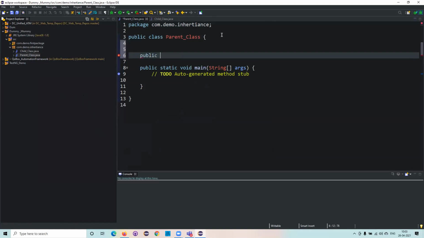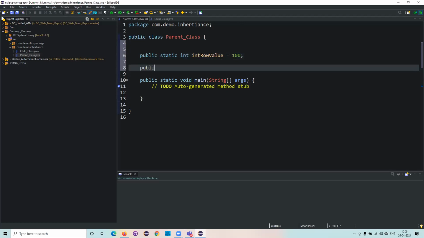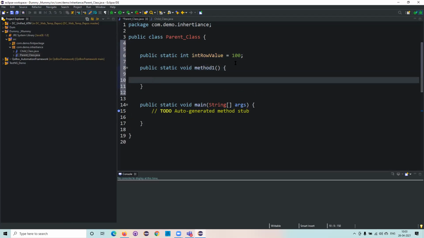Public static int rowValue, and here I keep the value 100. And I'll create one method, public static void method1, with System.out.